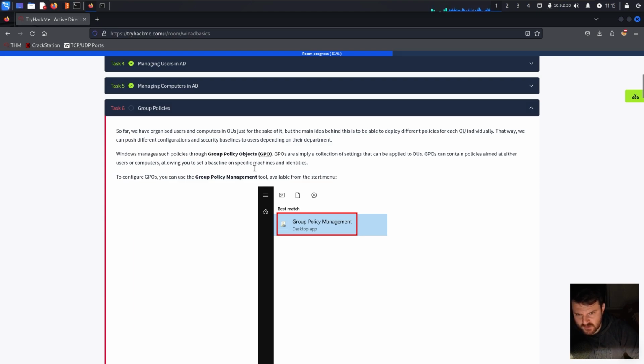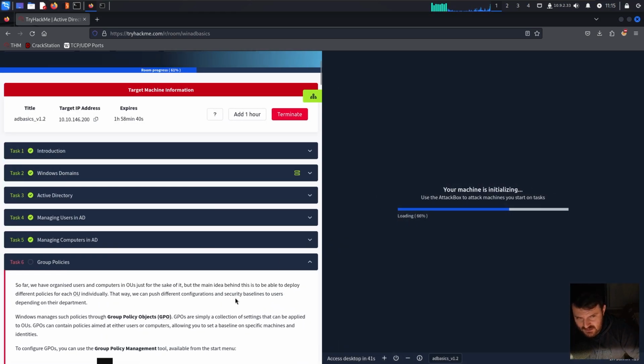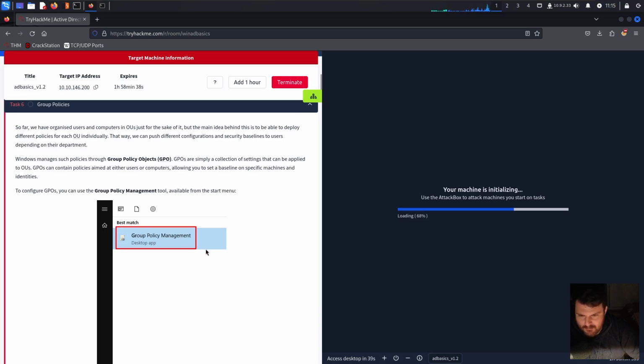Windows manages such policies through Group Policy Objects, GPO. GPOs are simply a collection of settings that can be applied to organizational units. GPOs can contain policies aimed at either users or computers, allowing you to set a baseline for specific machines and identities. To configure GPOs, you can use the Group Policy Management tool available from the Start menu. If we go to Group Policy Management,